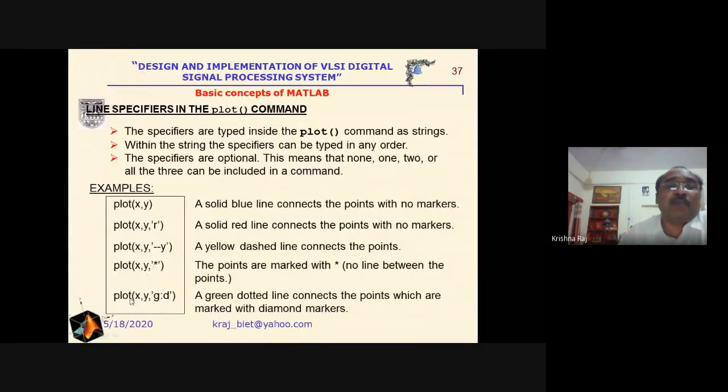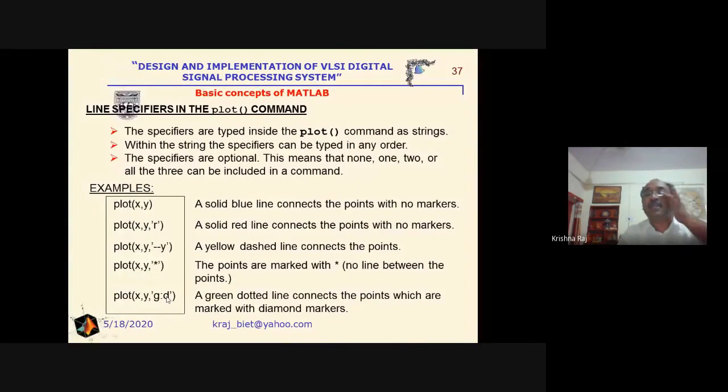Then plot x comma y, that is the graph between x and y, green in color, and the points here will be used for the marker, dotted points, and here the d, that is the marker here. We are using green in color, and d is the diamond marker that will be used here.